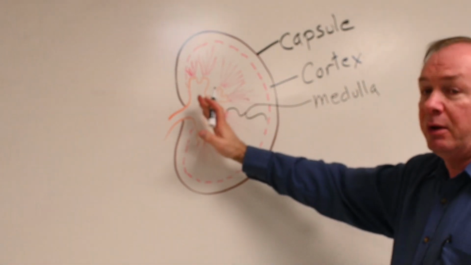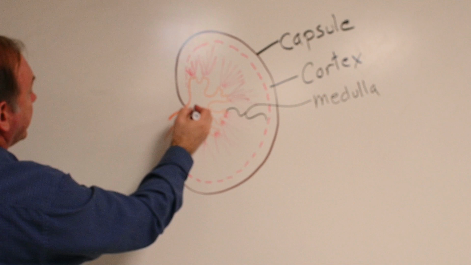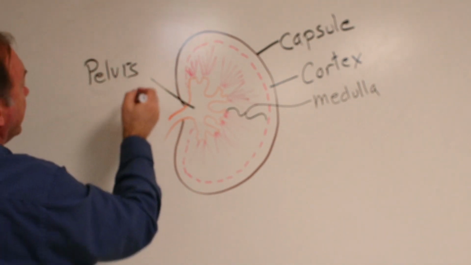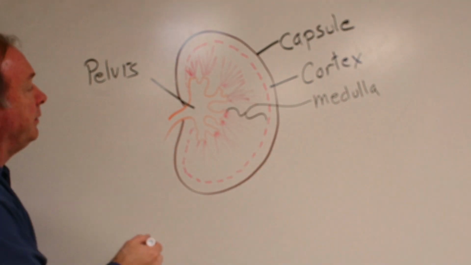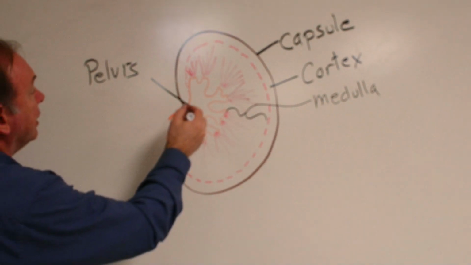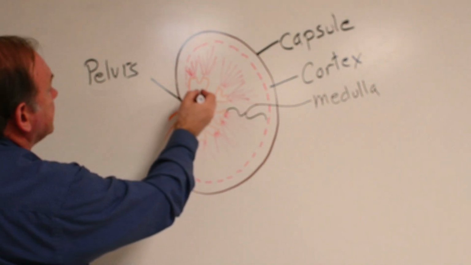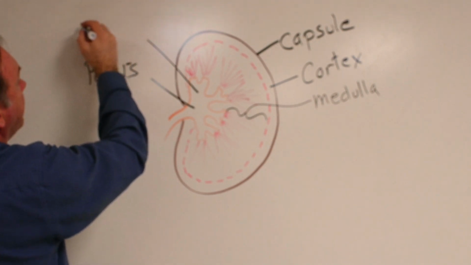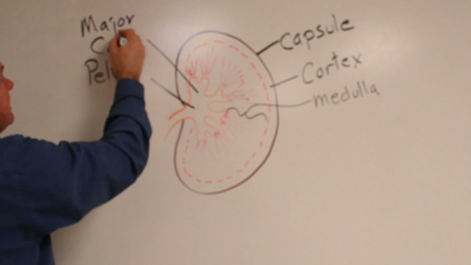between the cortex and what we call the renal pelvis to the inside. So this right here is the renal pelvis. So we've seen renal cortex, renal medulla, renal pelvis. Branches of this pelvis that go out in different directions are referred to as calyces, and we're going to identify some calyces here. The larger ones, the first branches here, are called major calyces. This is a major calyx,